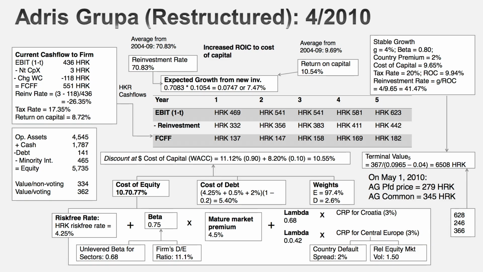Don't get too caught up in the numbers on this page. There are too many numbers. But this is a valuation I did of a Croatian tobacco company called Adris Grupa. So in the first scenario, I value the company with the existing management in place. They're not bad. They reinvest a lot. But the return on capital they make on that reinvestment is 9.5%. By itself, that's not a bad number, but that's lower than their cost of capital. They're also very, very heavily equity funded. So this management does not like to borrow money, and they're actually investing in projects that earn less than the cost of capital. I get a value for the company.